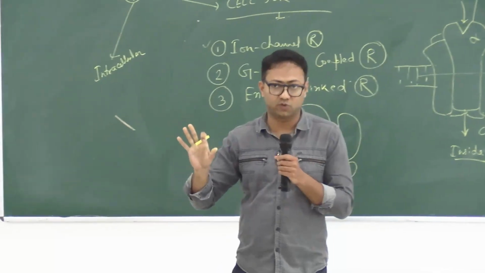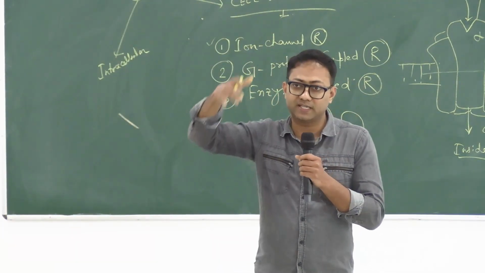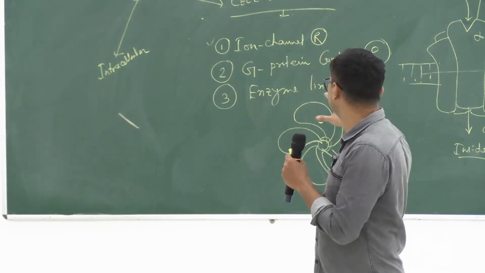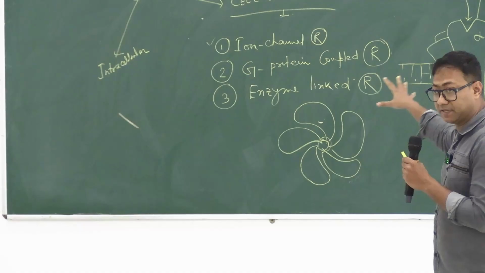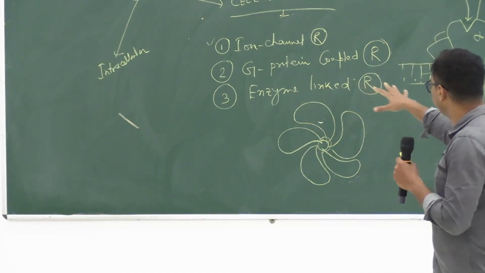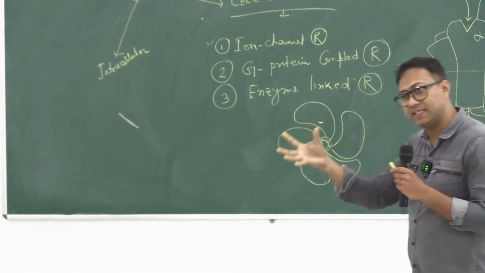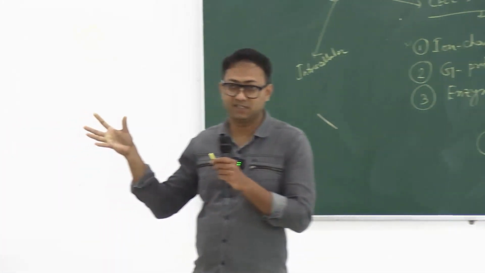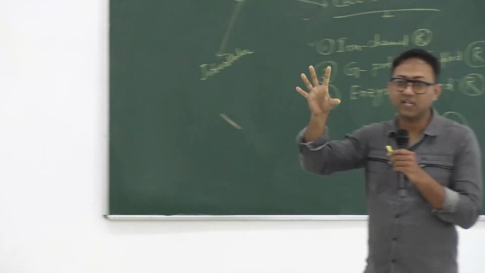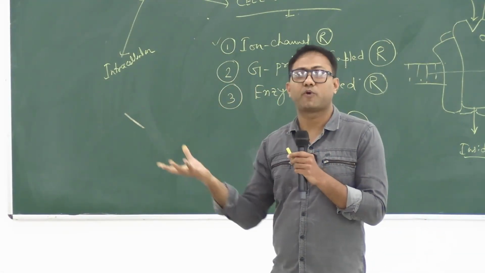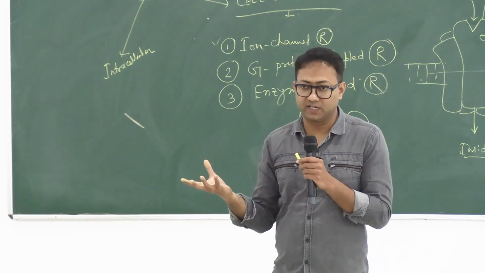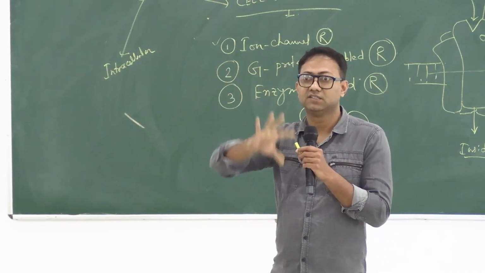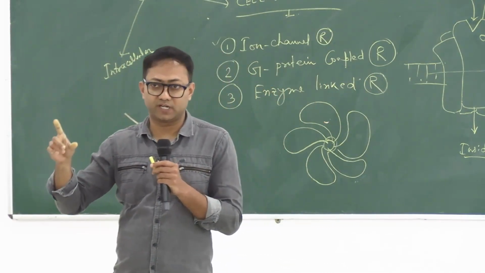ये आप लोग details में पढ़े हो already. Okay. This cyclic AMP pathway, cyclic GMP pathway. You have got details because the receptor यहाँ पर क्या है? Previously it was an ion channel receptor, that means the receptor is also an ion channel. Now it is a G protein coupled receptor, मतलब the receptor is associated with another protein. Receptor अकेला नहीं रहता है, तो रिसेप्टर के साथ एक और प्रोटीन है, we call it G protein, ठीक है। रिसेप्टर के साथ एक G प्रोटीन है, गर्लफ्रेंड है, साथ में रहता है, ठीक है।